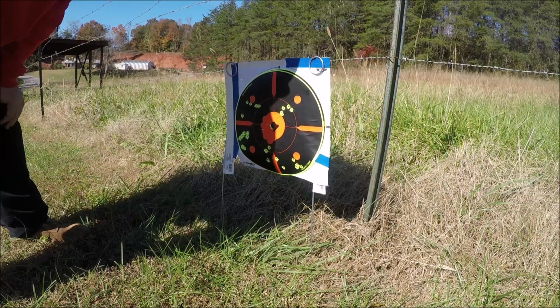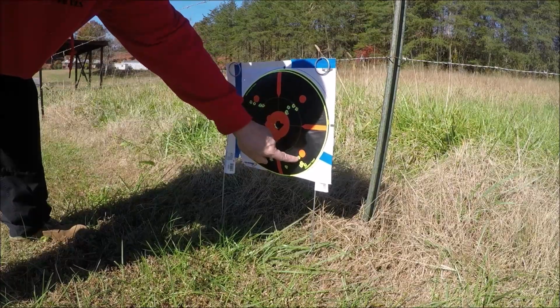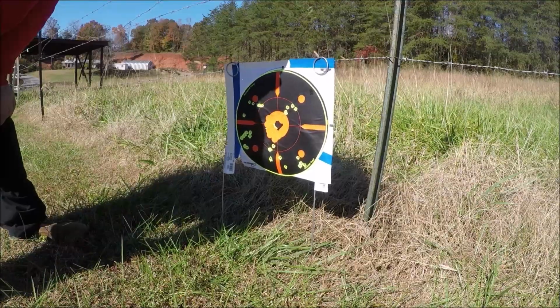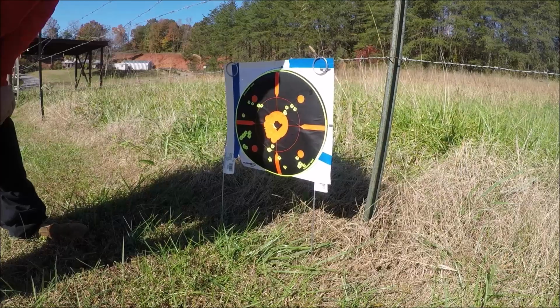But the 24 shot real good out of the AirForce Condor. I jerked that one, but the rest of them landed right there, so I can't complain. I'm gonna keep them slugs, I guess. If I order any more, those will be for the Condor. And